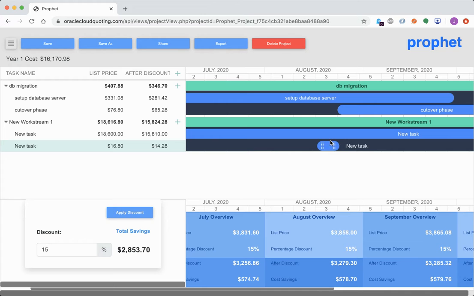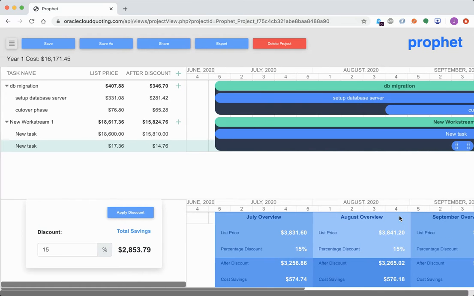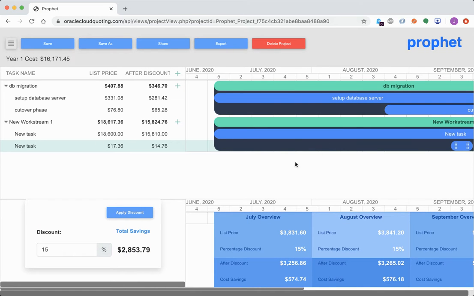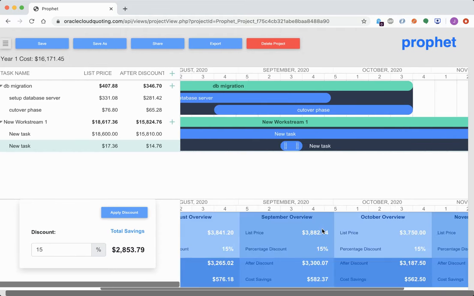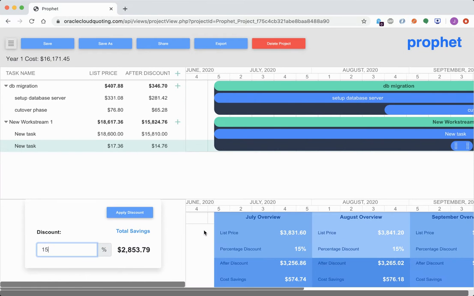If you want to move this so that it's not in August anymore, it's in September, the adjustments are made on the fly. So you can see how you can create these tasks for the project that needs to be done, and you can tell the customer exactly how much they're going to be paying. You can work with any kind of discounts that'll be applied to the totals,